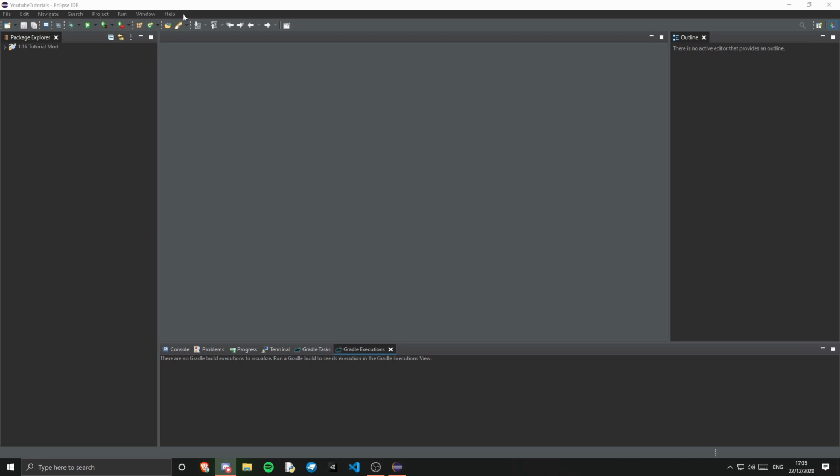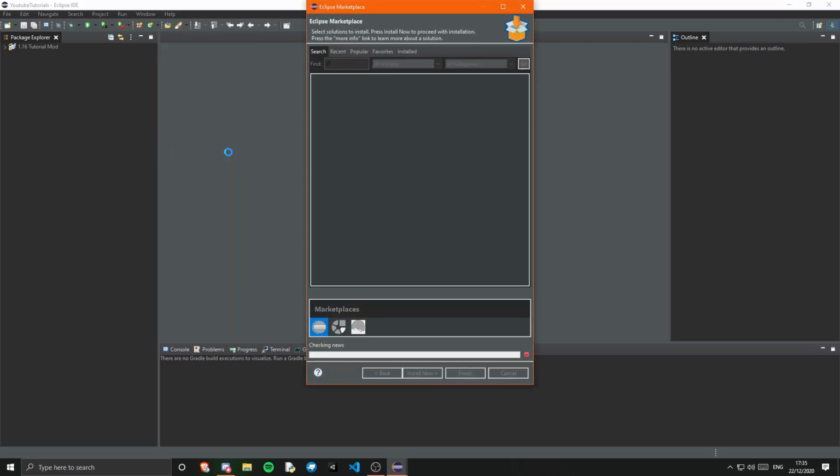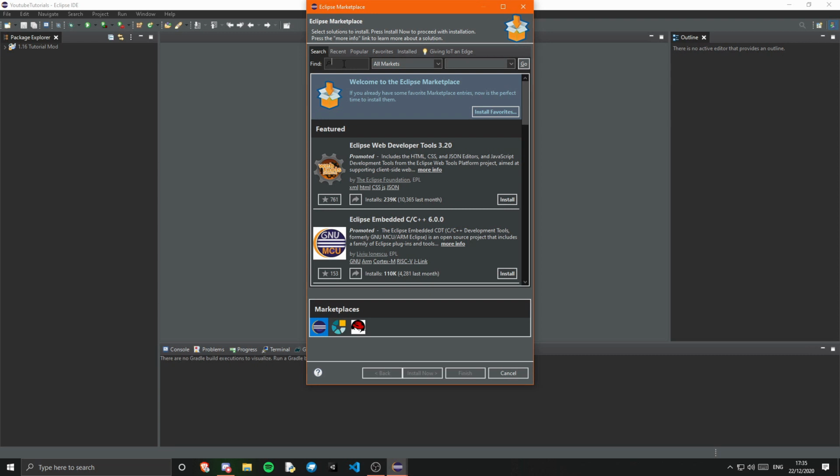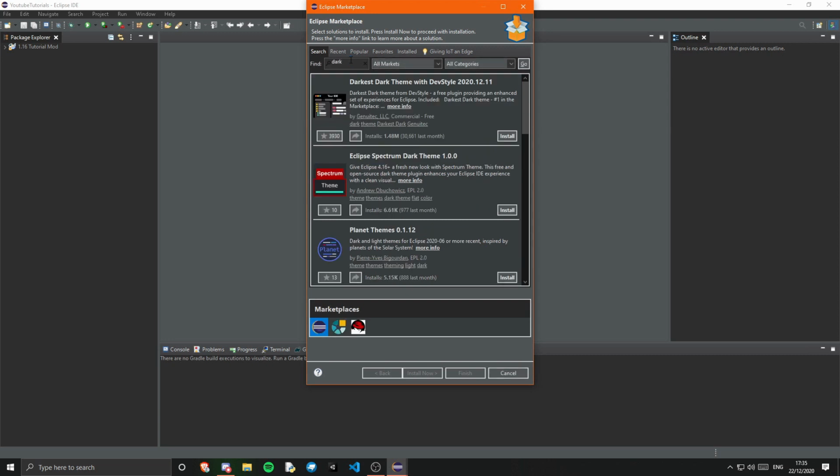There is one thing you can do if you just go to the Eclipse Marketplace in Help. There is a better, or some people say it's better, dark theme. So if you just search dark, there is this darkest dark theme. Some people prefer that. It looks a lot better, I would actually say, but I'm going to leave it like this,